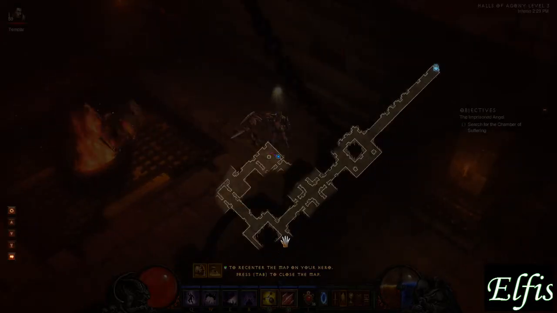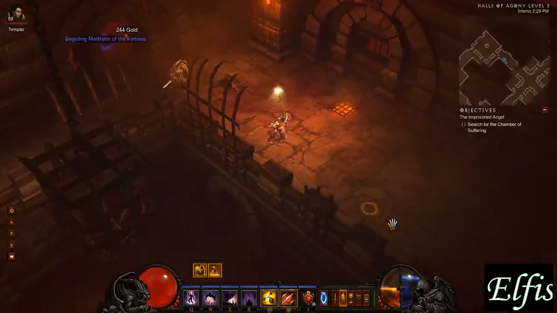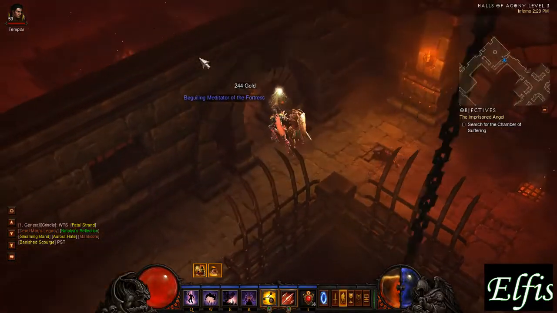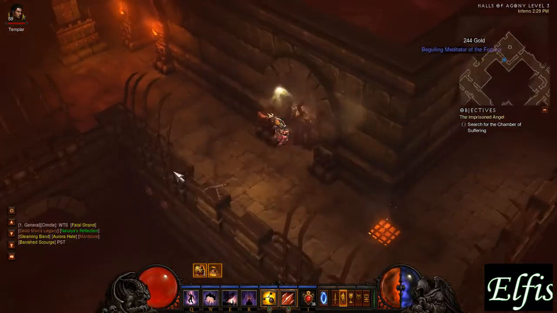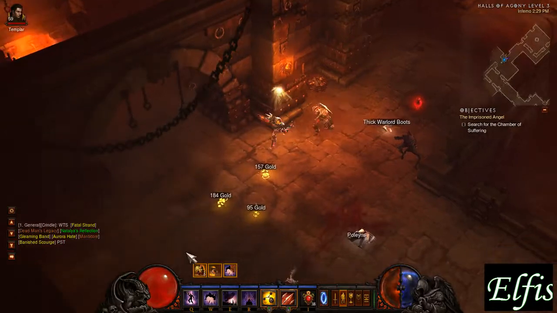Where am I going? The Chamber of Suffering is always facing upward. So it's either going to be this way and up or that way and up. I'm going to take a gamble and go this way. I've had more luck going north, going northwest and then looping back around than I have going the other way. I don't think it's